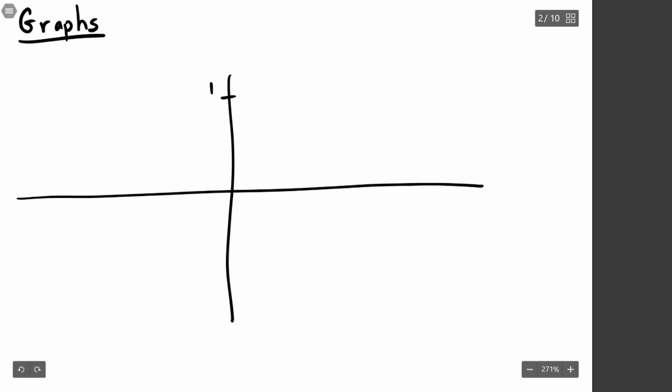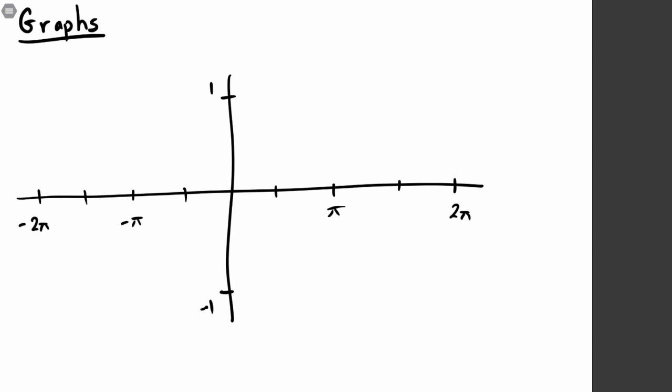I'm going to put 1 here and -1 here. And let's make this 2 pi, so that this is pi. And then these are pi over 2, 3 pi over 2. Let's do the same thing over here. Try to make it as even as I can. And if we go in the negative direction, we can get some stuff. So sine